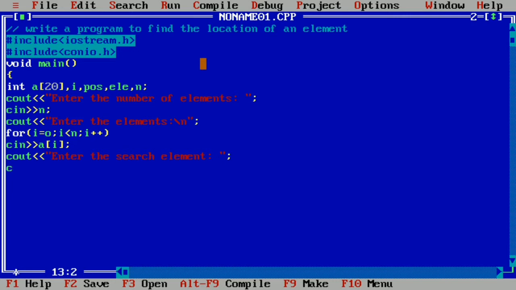Next, here we'll write cin, and then we'll use the ele variable. Next, we'll write position is equal to -1. So here LOC is equal to -1 in the theory we have studied. So that represents position is equal to -1. So -1 is a null pointer. Let us write a for loop,